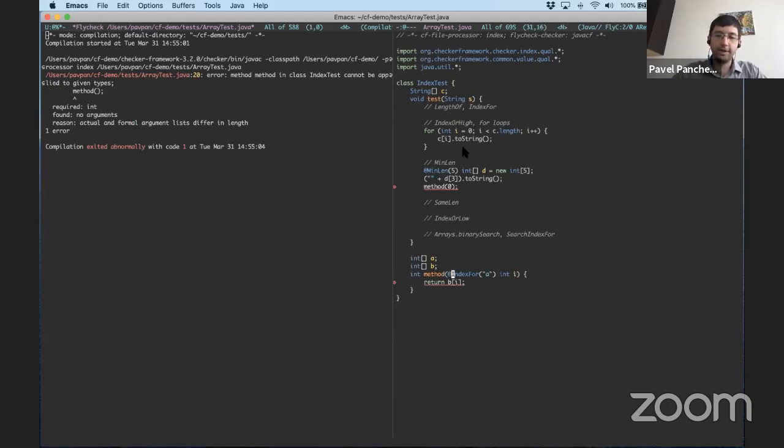So now I've declared that I is an index for A, but not that it is an index for B, and that is causing the checker framework here to say there's an unsafe array access. The index could be larger than the array's bounds. And the checker framework provides a relational annotation on arrays to allow us to handle this. So here I can say that the array B actually has to be the same length as the array A. And this actually still fails. I wonder if it only works in reverse.